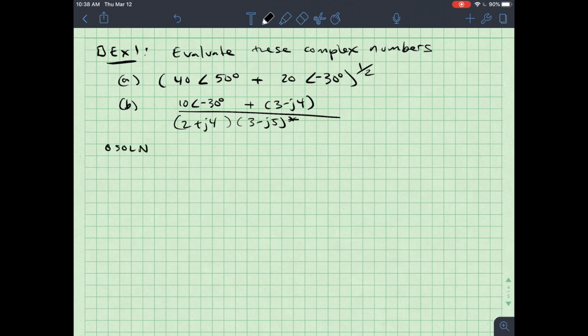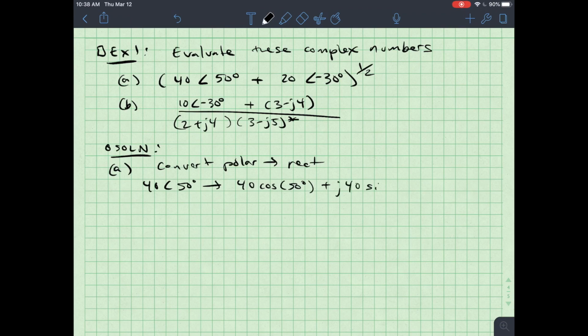All right, so let's start with part A. In part A, I have two things that I want to add together, but they're both in polar form. But we know that it's much easier to add in rectangular form than in polar form. So we need to convert from polar to rectangular form. So 40 angle 50 degrees is 40 times the cosine of 50 degrees plus j times 40 times the sine of 50 degrees. If you type this into your calculator, you should get